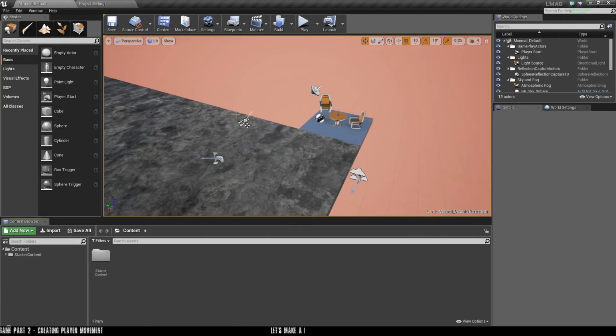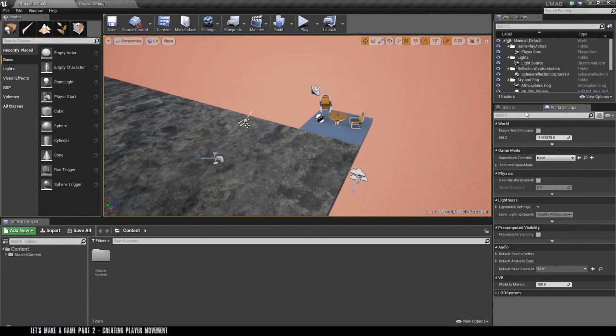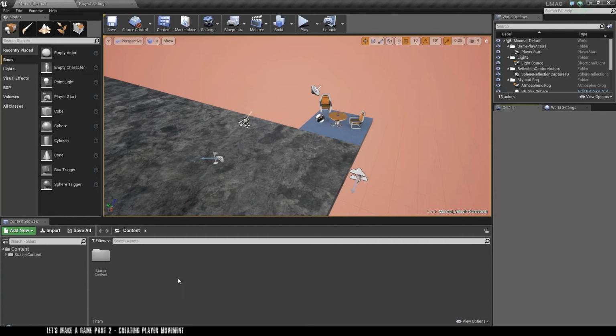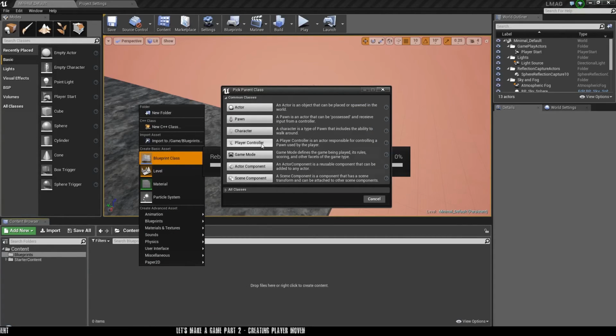First things first, we're going to click on window and world settings. This will allow you to view the current world settings and should put it next to your details tab. Then we're going to first create a new folder called blueprints. If I could just spell blueprints, there we go. I'm going to go into it and create a new blueprint class straight away and create